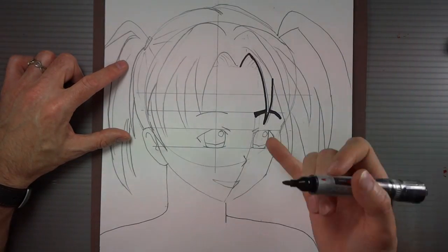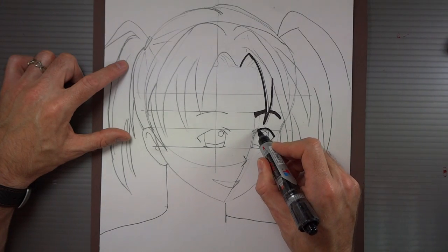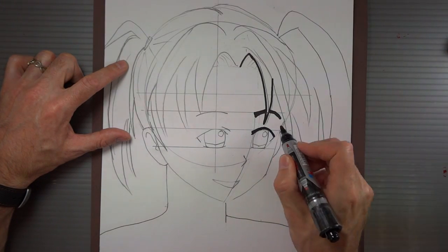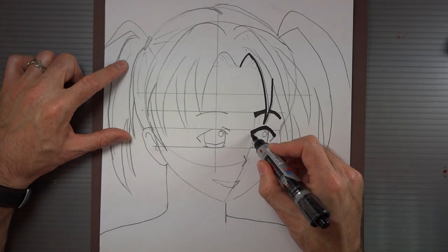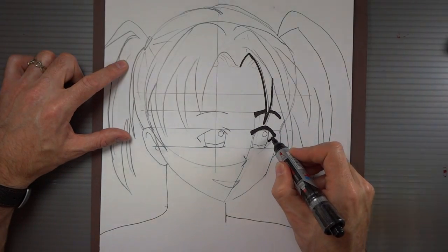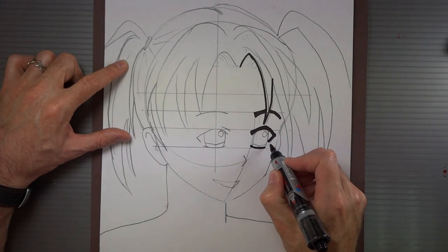Same thing with the eyes. Now this is a female portrait, so I'm going to make the eyelash line here just a bit thicker so that it reads more feminine. But if you have a male character that you're working on, you might want to make that just a bit